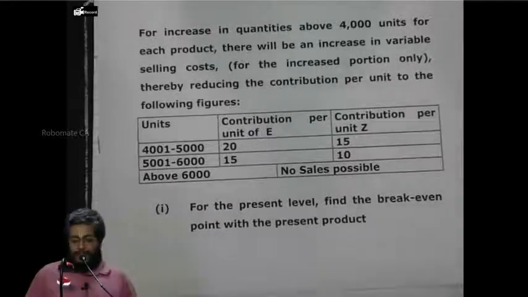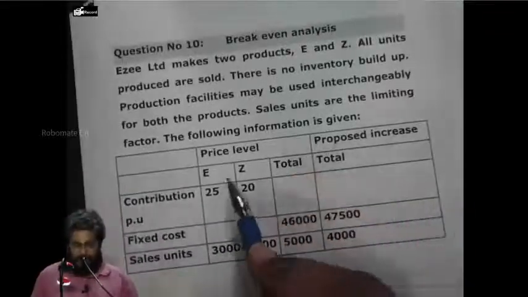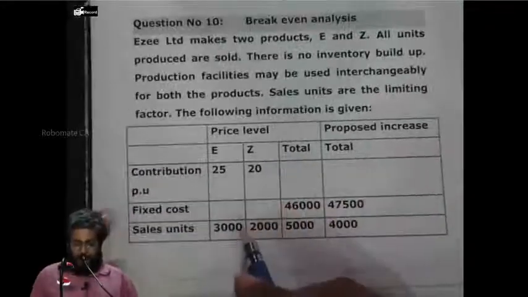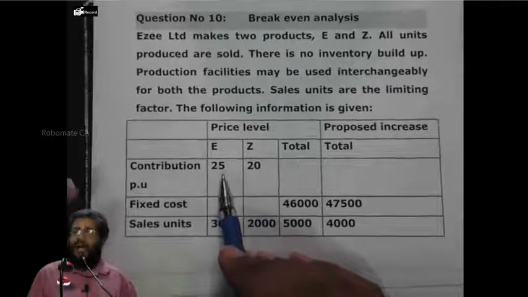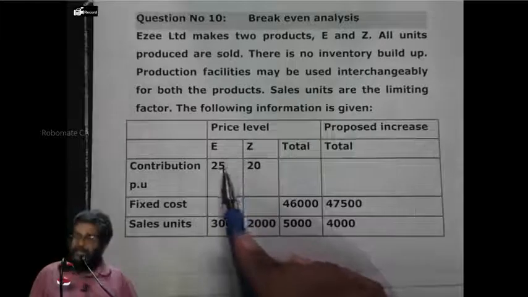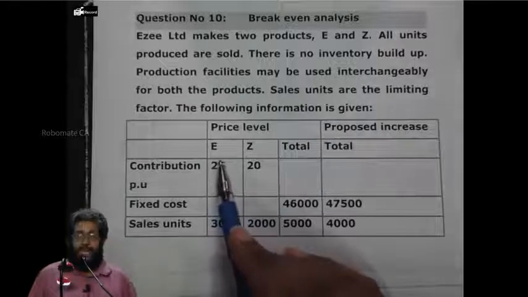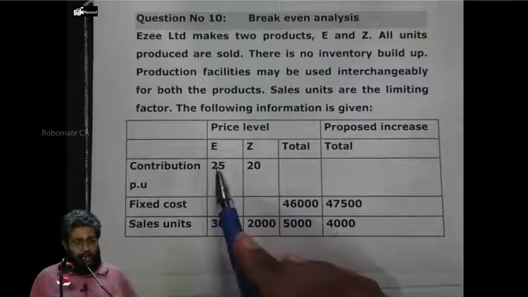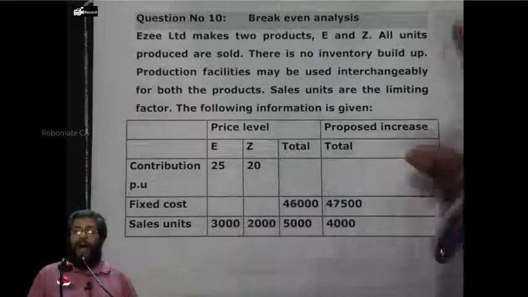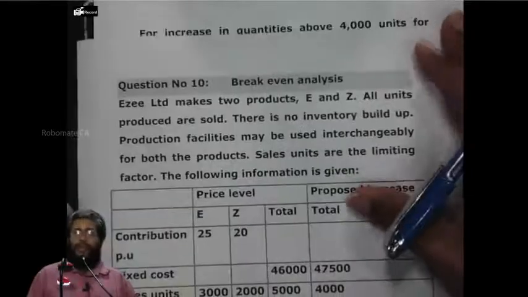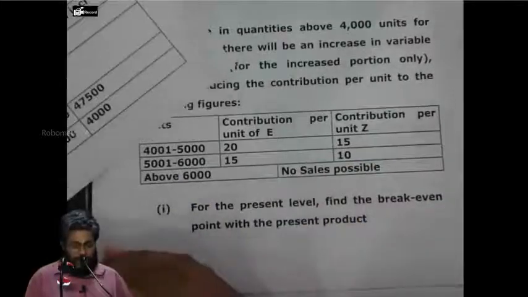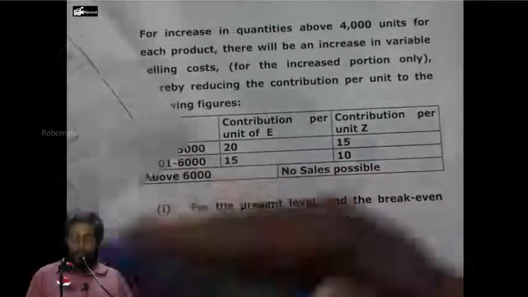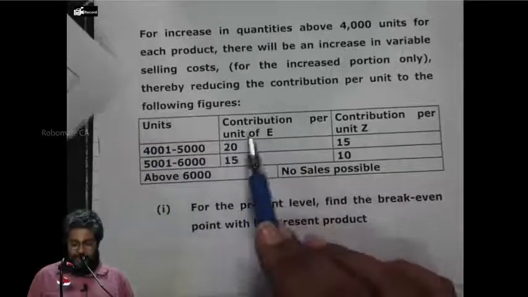Okay. First of all, I'll ask you a question, you tell me the answer. I want to sell 1000 units of E. What is the contribution? 25. I want to sell 2000 units of E. What is the contribution? 25. I want to sell 3000 units of E. What is the contribution? 25. I want to sell 4000 units of E. What is the contribution? 25. It is still 25. Above 4000 units of E, if I want to sell,